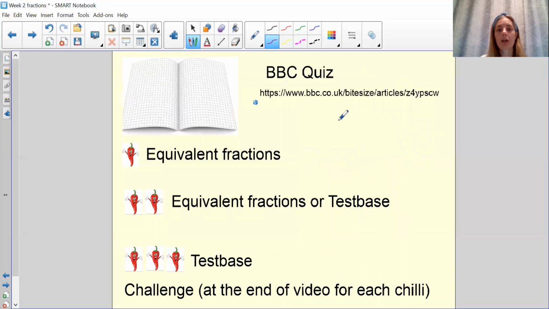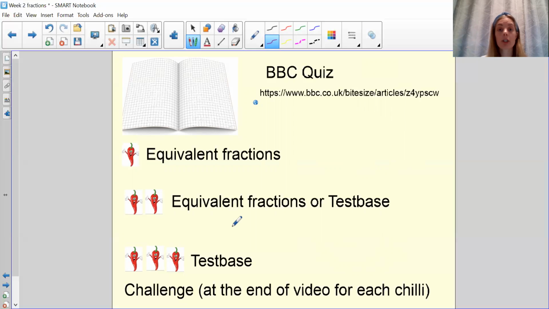And we're going to be moving on to our activities for today. So those of you who've struggled a little bit and you would prefer to carry on from yesterday's equivalent fractions, you can either do the 1 or 2 chili activity. All right. Those of you who feel quite confident with what I've just taught and you'd like to apply that knowledge, you can then fast forward the video and go and find the 3 chili exercises,